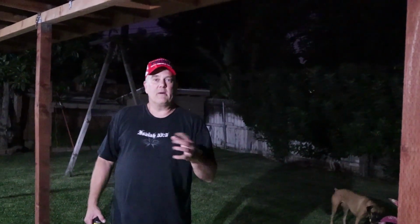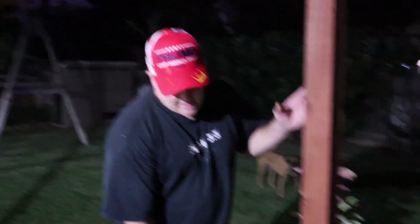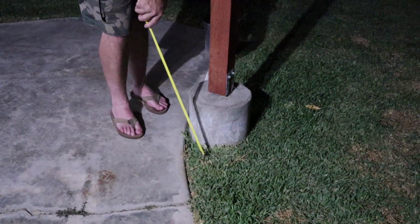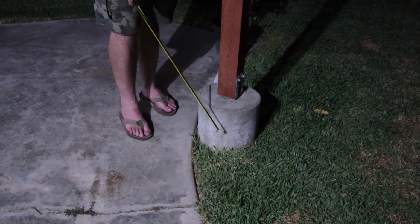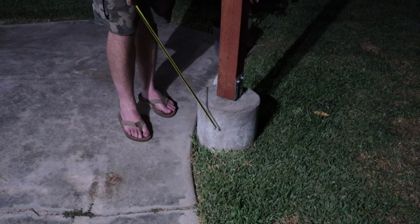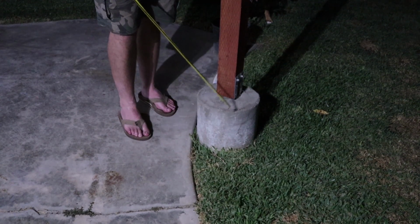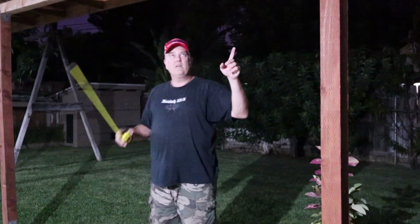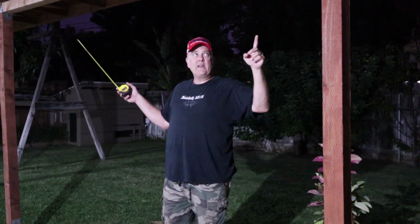Now, I tried to do this to code. I looked at the city codes and their recommendations for how to build a patio cover, and they recommend that you go 24 inches deep in the concrete. And so I went 3 foot 6. I went a foot above, and I went 24 inches down into the dirt. It's a 12-inch tube. And then I did 10 inches above. So that's to code. And then I used 4x4s, and I didn't go any further than about 8.5 feet on